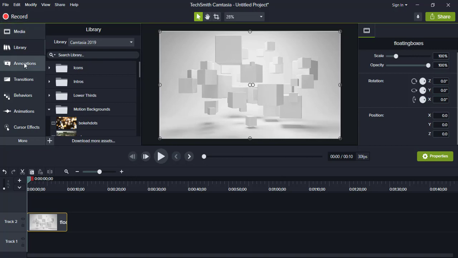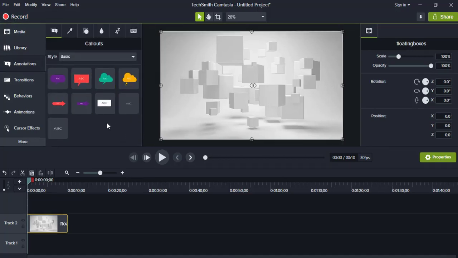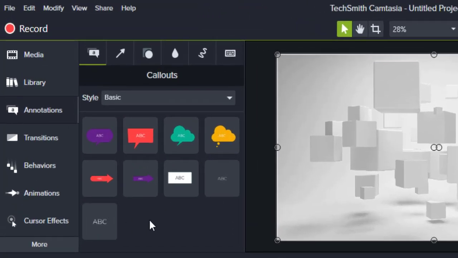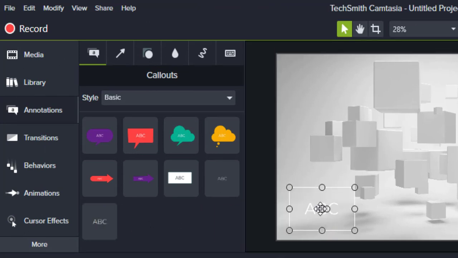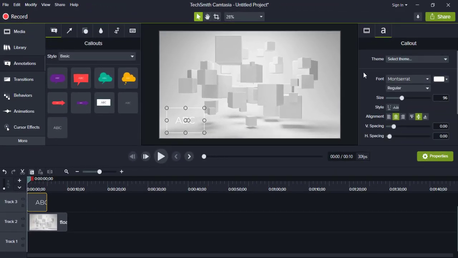For that we will just go to annotations, and here are many options. You can pick any and just create your own intro. So I'm just taking it here, and as you can see here at this corner, from here you edit your text. So this is something from where you can change your font plus font type.